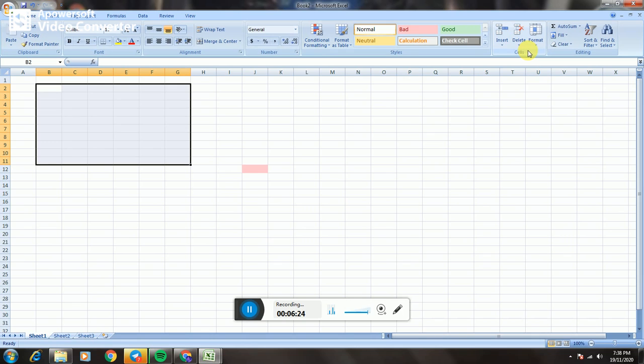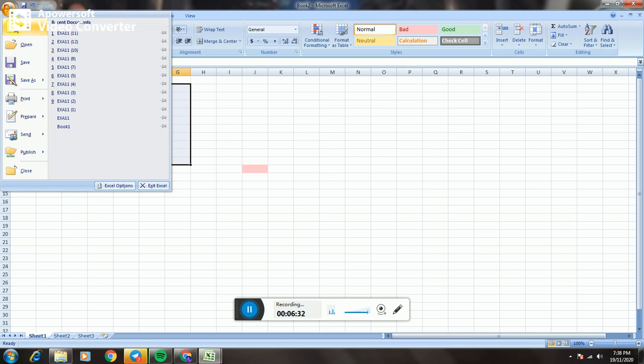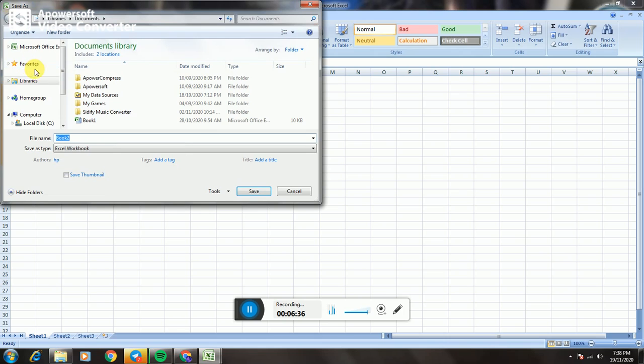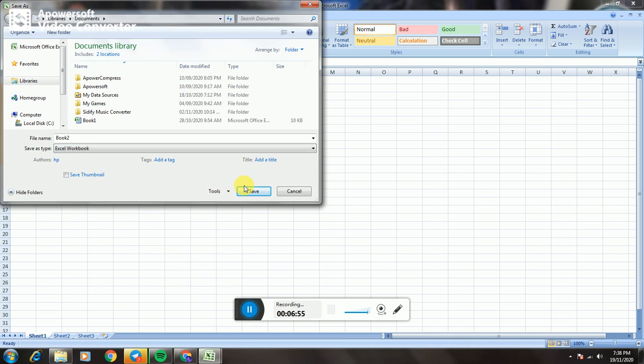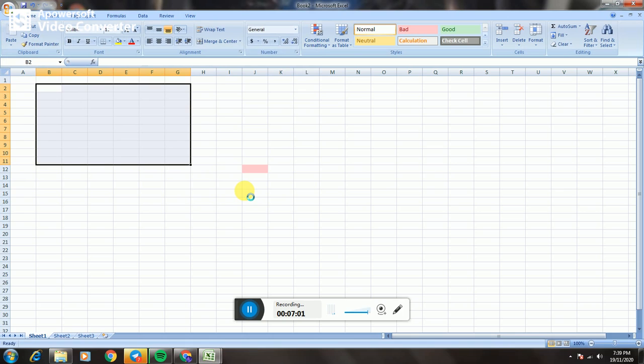Next one, how to save a workbook. Follow the given steps. Step 1, click on File, Save As option, or click on File, Save option, or press Ctrl+S. Step 2, the Save As dialog box gets displayed. Step 3, select the drive and folder in the Save As list box. Step 4, enter the file name in the File name box. Step 5, click on the Save option. The file gets saved with the extension .xlsx.